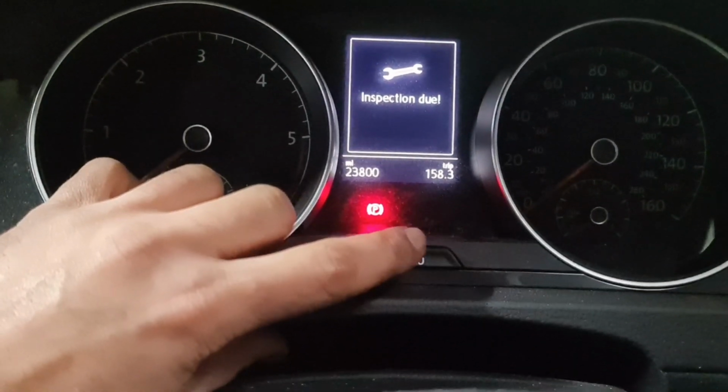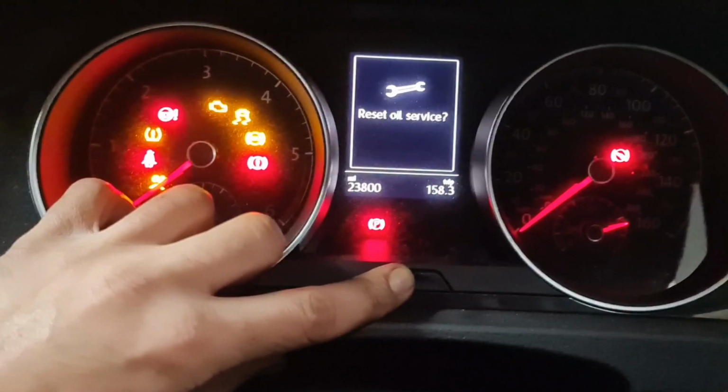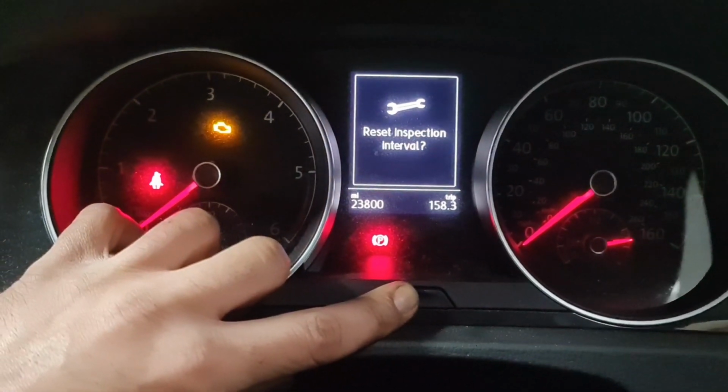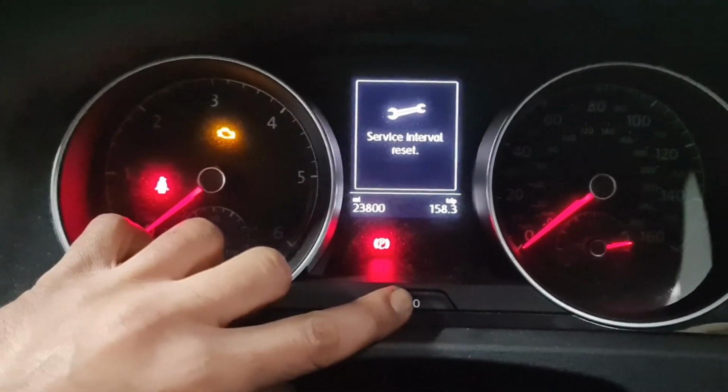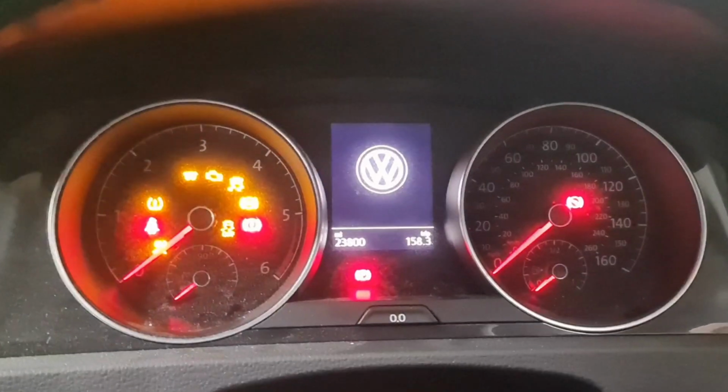So what I need to do is hold the button again, switch the ignition on, keep hold of it. Now let go of the button as soon as it gets to inspection reset. Let go of the button, switch the ignition off. Now if I start the car up,